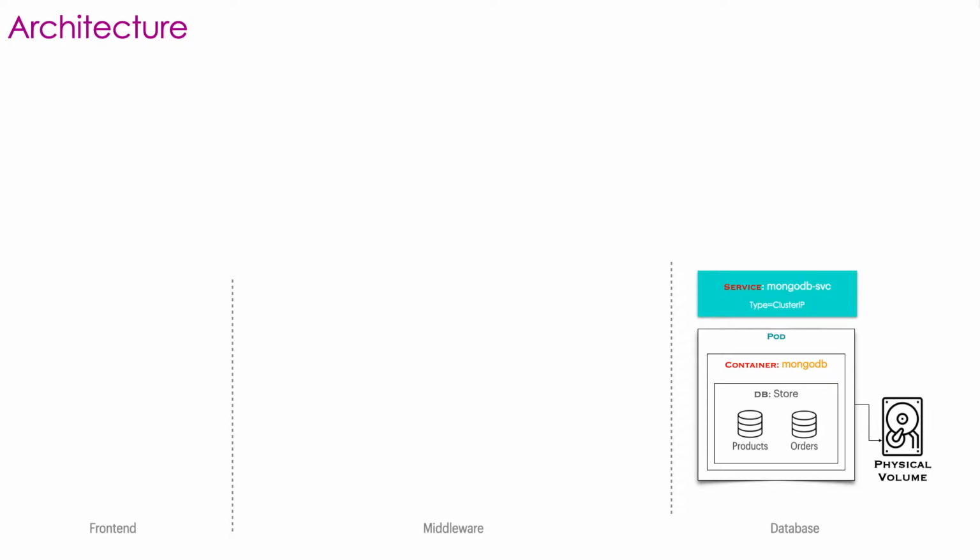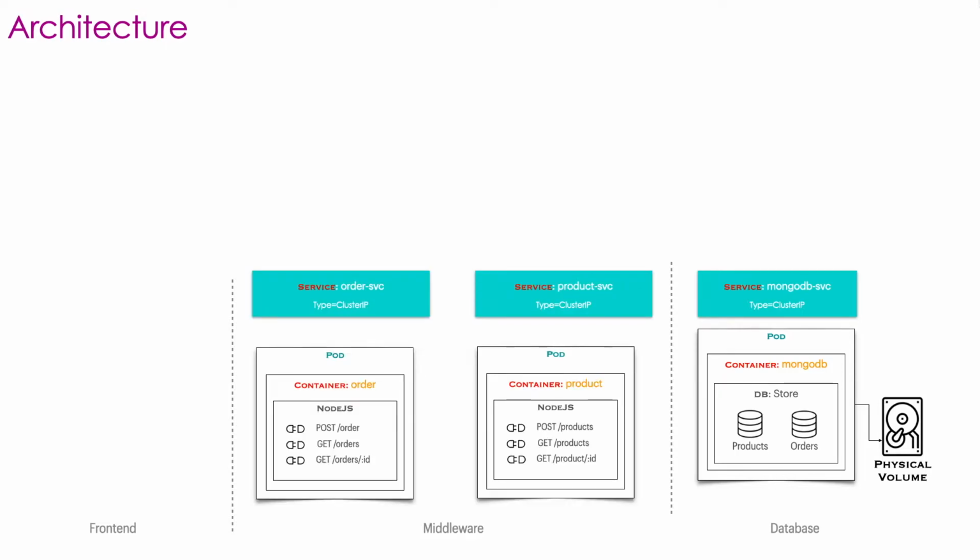Because the pods are ephemeral, which means they change host names or IP addresses every so often as they scale or restart, the mechanism to connect to the MongoDB database is through a component in Kubernetes called a service. We have set up a MongoDB service on top of the MongoDB pods. This service helps in service discovery as well as in load balancing if we were to increase the number of pods for the database. The next layer is the middleware.